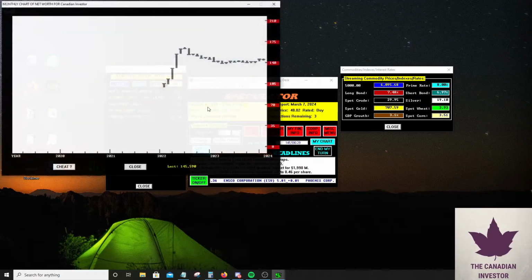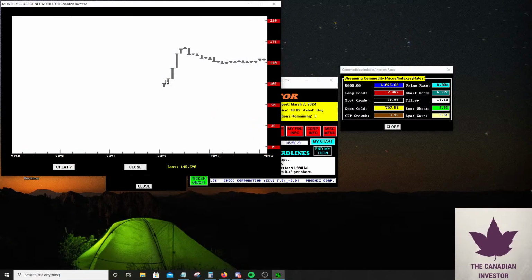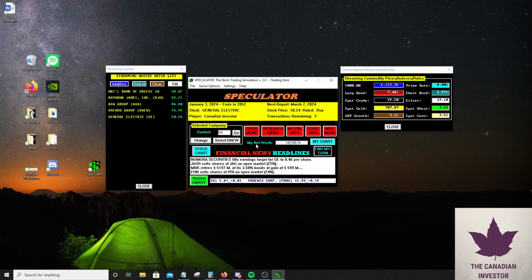So our portfolio is actually pretty stable, if you can see. This is where we basically did that giant interest rate trade. And if we look at it right here, this is where we made our mistake and bought bonds at all-time low interest rates. And then we took a bit of a hit, but not as big a hit as if we bought equities. So our bond portfolio is a lot safer than stocks in this case.